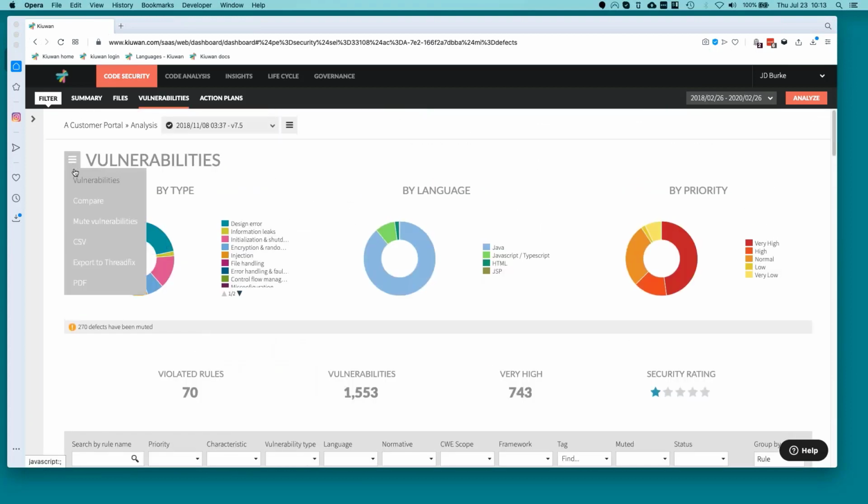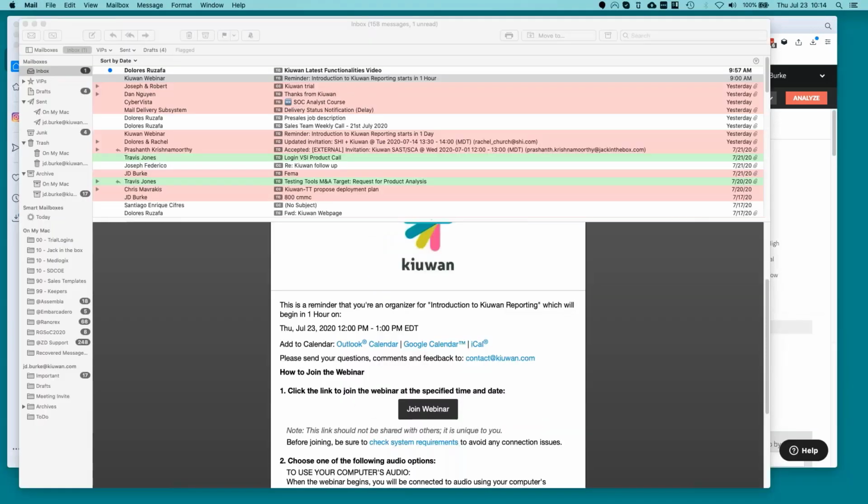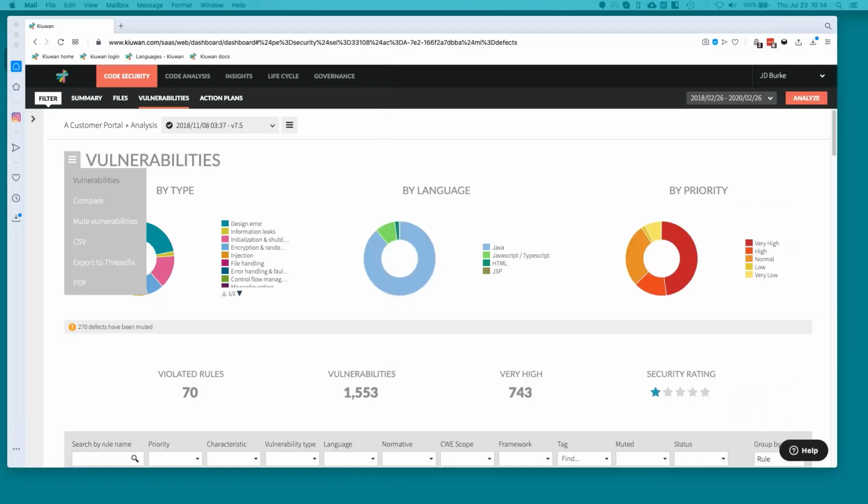But if you come back up here in the hamburger menu, you can pull this data out that you see on this page several different ways. One way is you can use the canned features that we have, and you can go ahead and download this as a CSV. If you happen to be a ThreadFix customer, you can export it to that tool, or you can pull it down as a PDF, which is a different formatted PDF than was on the summary file. And when you do that, if I can find that,